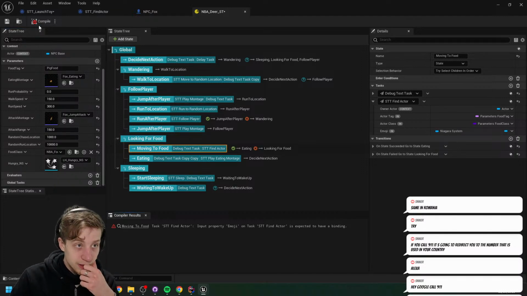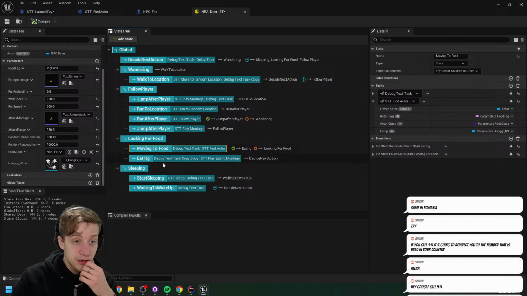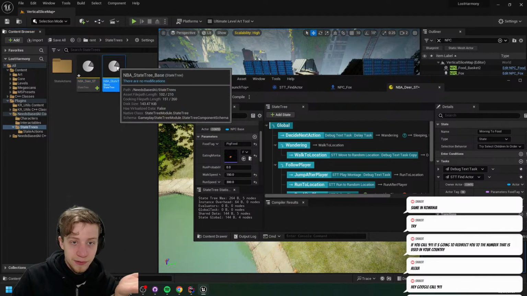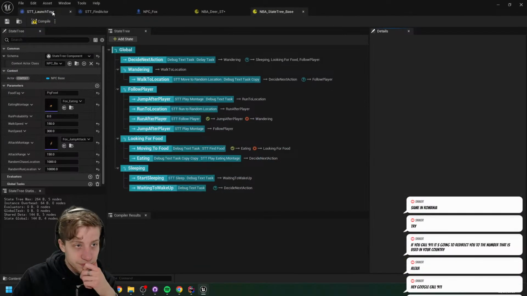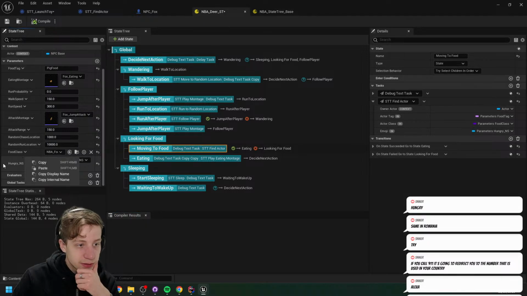It should now work again. Wait, what, how come? Did I not set it? Oh, it unset it when I renamed it apparently. Okay, I'm gonna have to do it anyway, so I'm just gonna fix it in the base. That's why I didn't want to split it, because it creates so much nonsense.